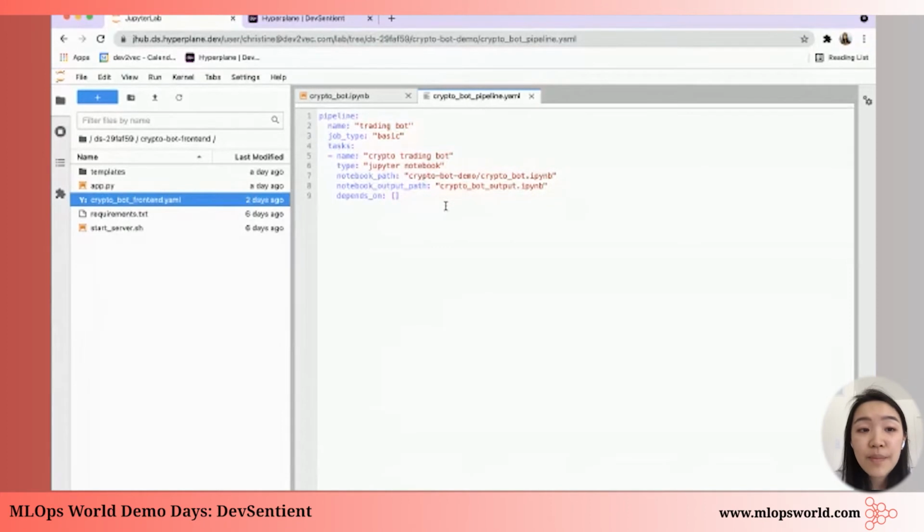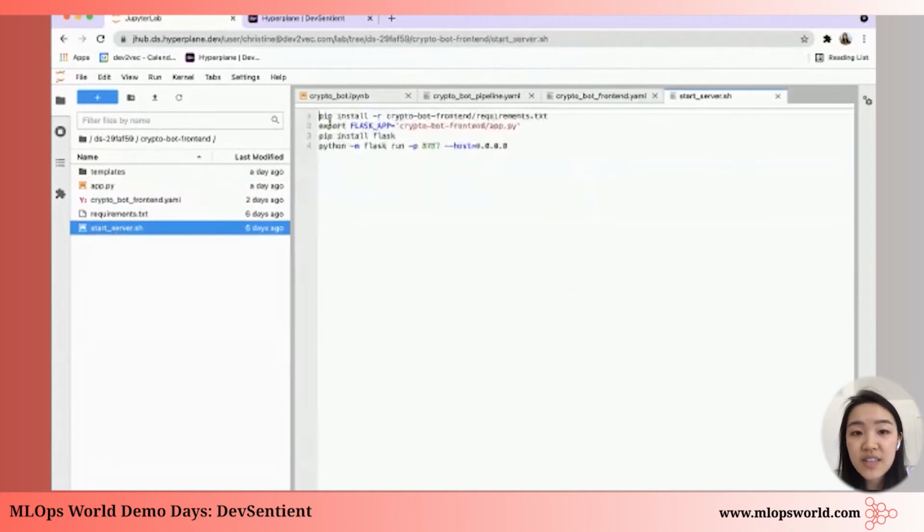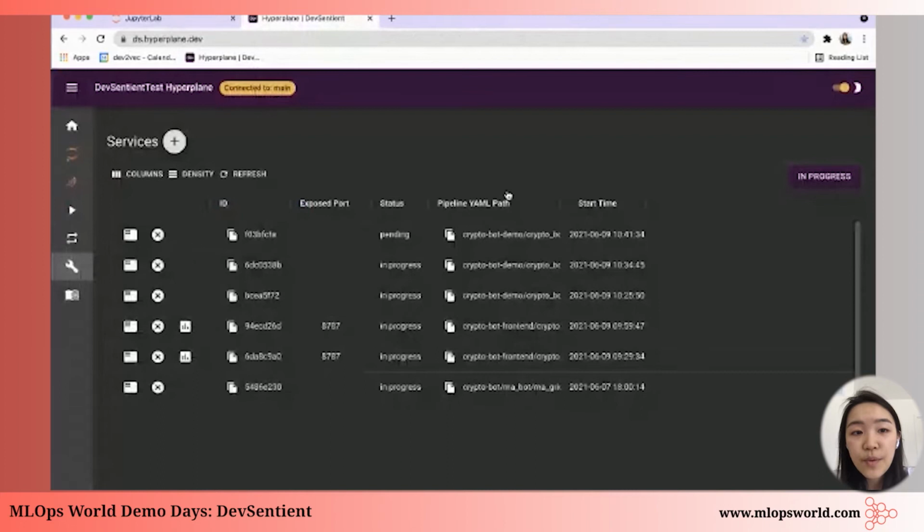JHub instances up, we just simply have to create a YAML. So in this YAML, we actually specify the set of instructions that gets the Flask application up and running. In this case, it's really just this line which gets the app up and running. So same deal, we just have to save this and then commit it to our repository, and then we're done our first step. In the second step, we can go back to our services page and then actually get this